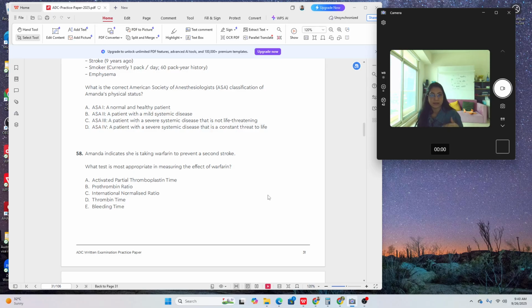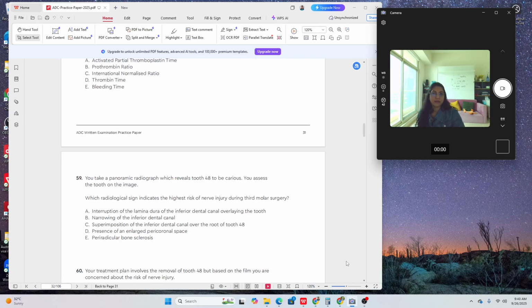That is your base ratio before you do any extraction or any procedure that involves a lot of bleeding. And you should ideally be doing it 24 hours before the procedure, okay? But you would never ask the patient to stop taking warfarin. It will always be the decision of the general practitioner to do so.